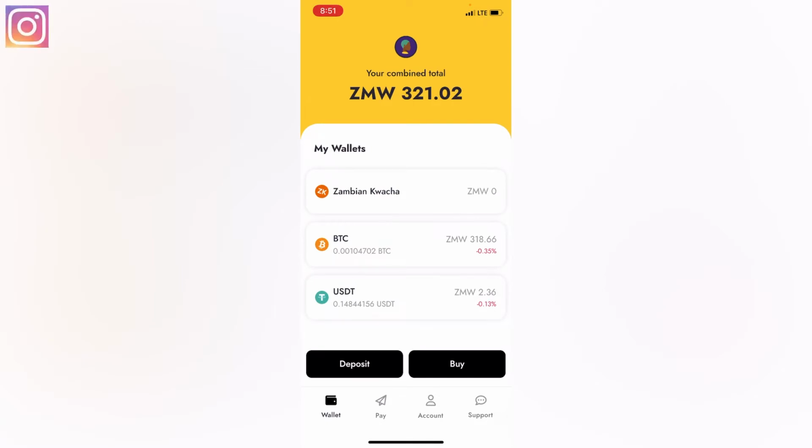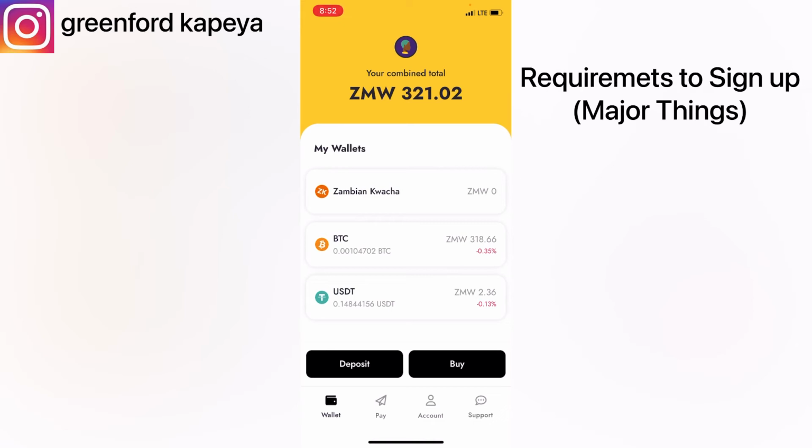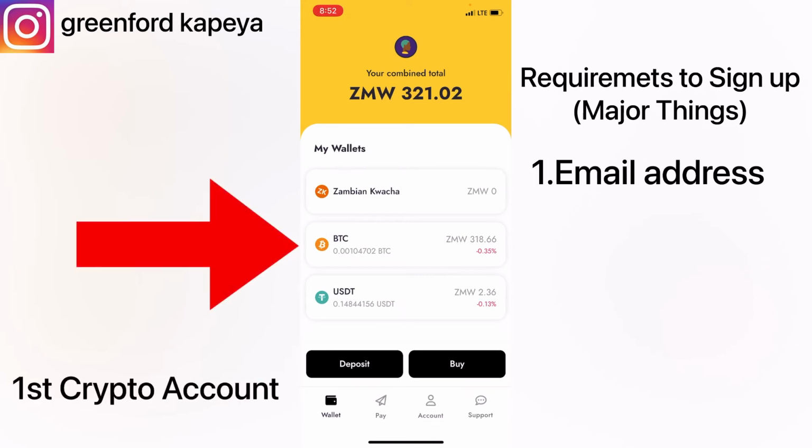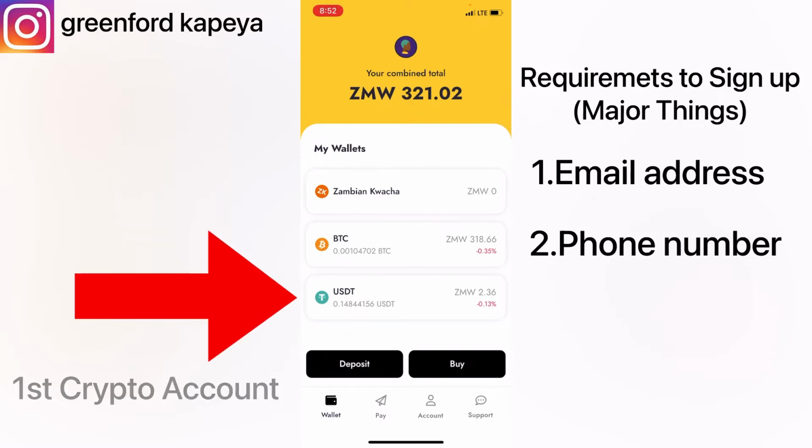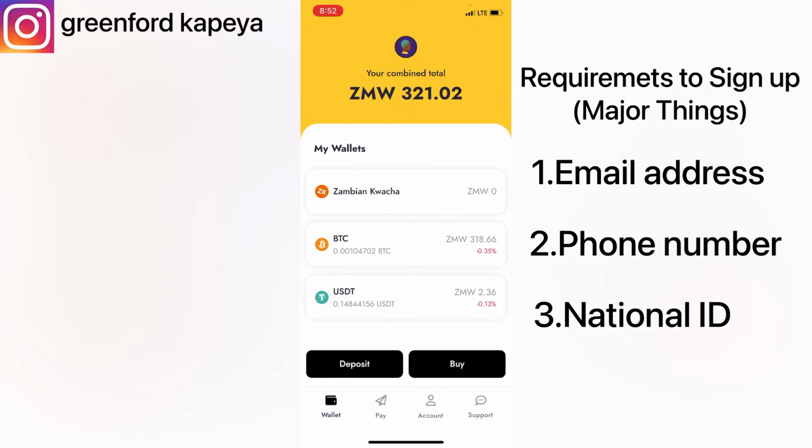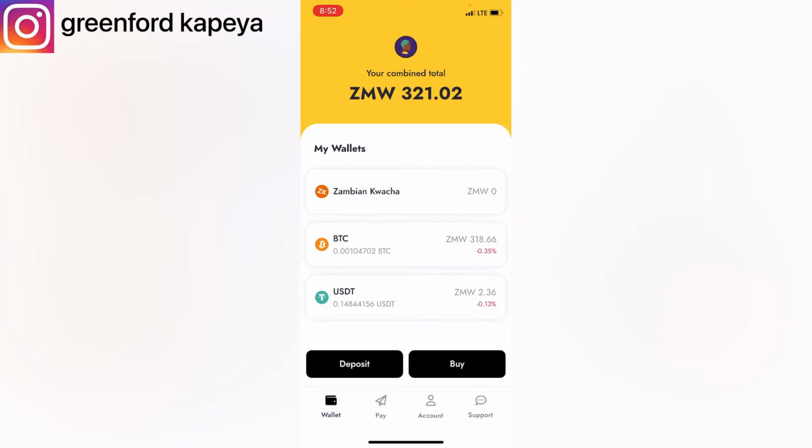Okay, so this is how the Yellow Card interface looks like. Once you sign up with Yellow Card, the first crypto they're going to give you is Bitcoin. Then you can apply to have more cryptocurrencies like USDT. I'm going to show you the basics on how you can use the app, which is buy, sell, and other necessities. So click on BTC or any other cryptocurrency available in your wallet. You can even click on USDT, it's still fine. So I'll click on BTC